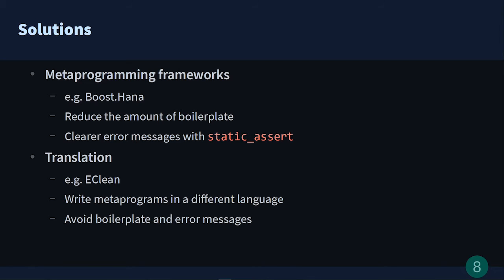Here I've used the translation label, but there are many different tools under this label, but they all share the same basic idea. You describe the metaprogram in a more fitting language, and then use the description to generate the template code. The source language doesn't need to have any boilerplate code, and the boilerplate code can be added automatically during the translation. Note that you are not limited to just third-party tools such as transpilers. You can even use a translation with something like C++ macros or even other metaprograms.